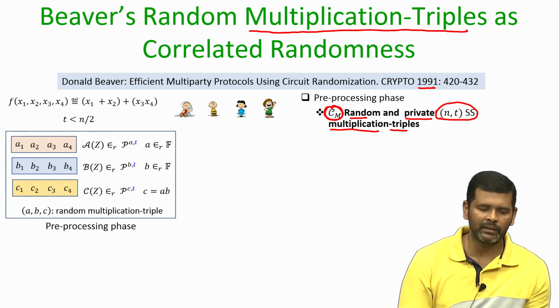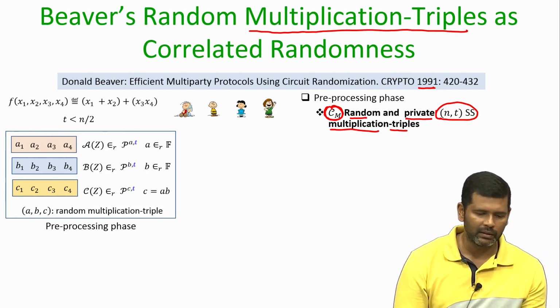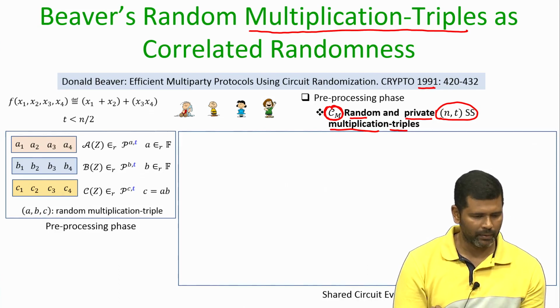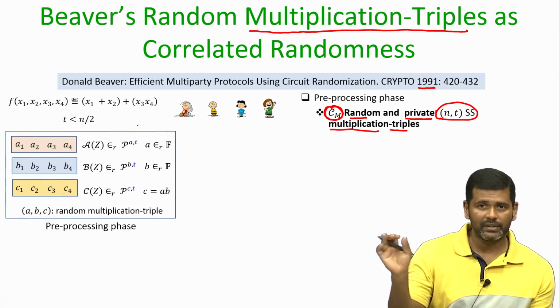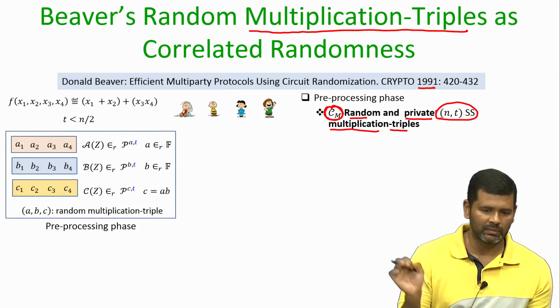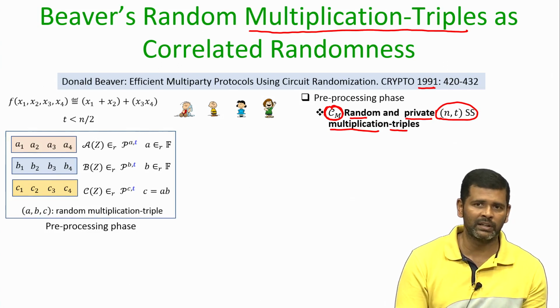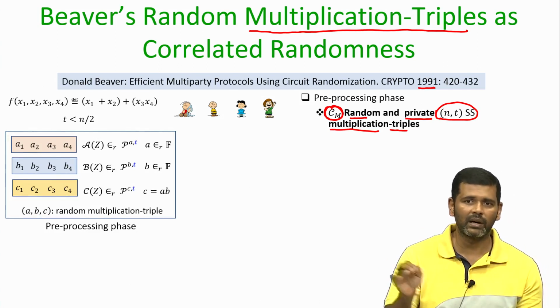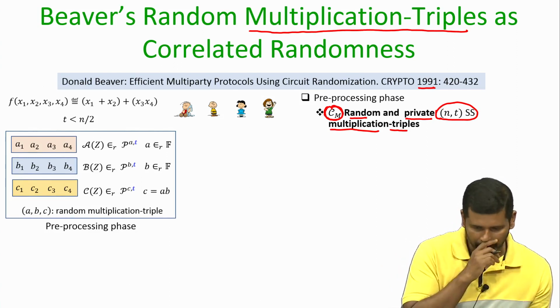In this specific example there is only one multiplication gate. So, we will assume that in the pre-processing phase the parties somehow have generated the following data structure. How they are going to generate this data structure will be the focus of the rest of the lecture, but I am going to first show that, assuming such a data structure has been generated in the pre-processing phase, how the evaluation of the multiplication gets simplified.